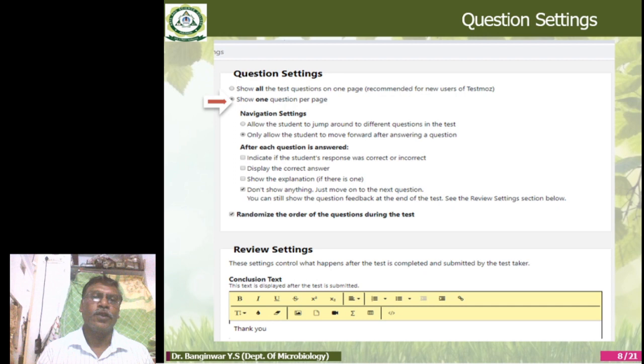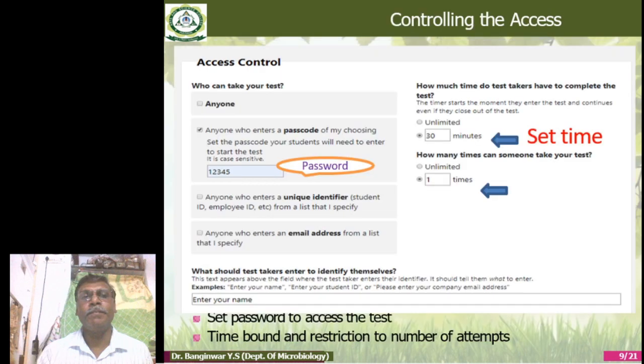Now the summary of this page: set the password to access the test, time bound as well as the restriction to the number of attempts. Now later at the bottom of the page, here you can write your name. So your name means the name of the student, okay, and save the button.